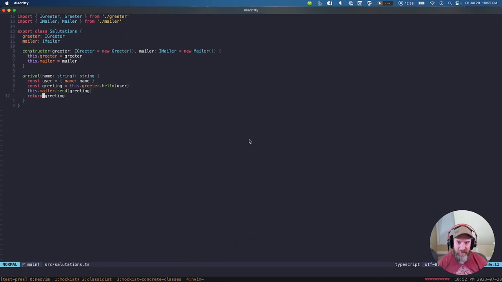It's a contrived example, but the thing is that we have multiple collaborators, which is interesting from the Mockist testing standpoint. And one of those collaborators happens to be an effectful one, specifically the mailer. And that is interesting both from a Mockist testing standpoint and a state-based testing standpoint. So I think it should be a decent enough example to go through all of these things. So let's